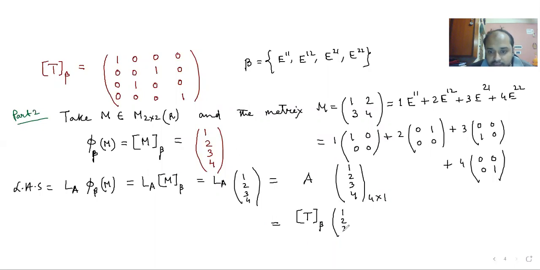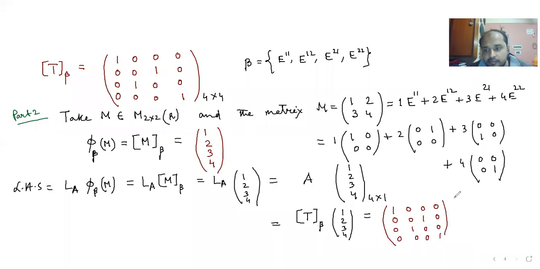So 1, 2, 3, 4. And what is T beta? T beta is a 4 by 4 matrix. So we are writing it over here: 1 0 0 0, 0 0 1 0, 0 1 0 0, 0 0 0 1, multiplied by 1 2 3 4, and the resultant matrix would be